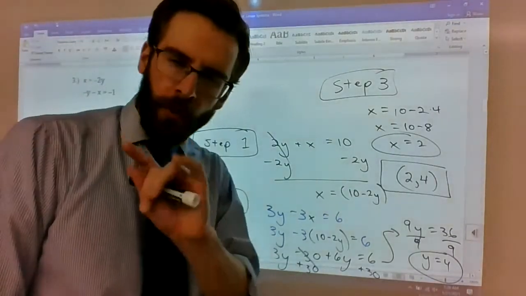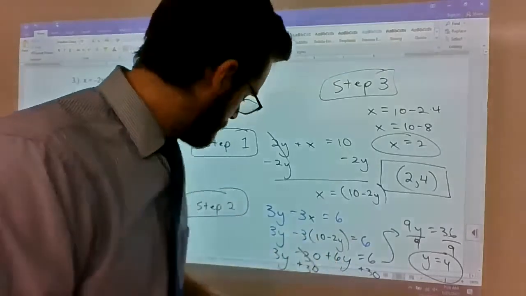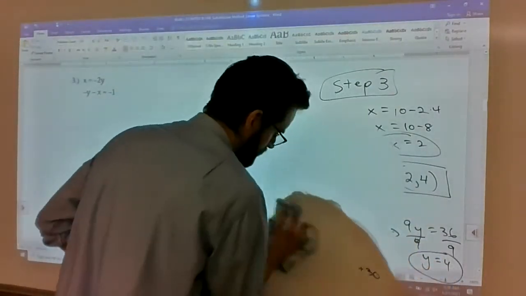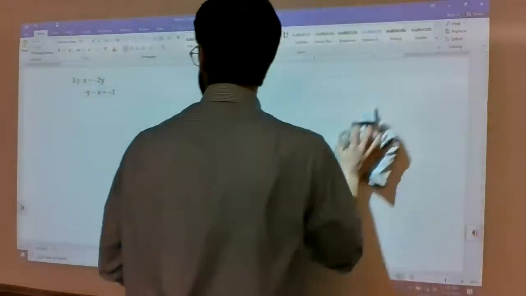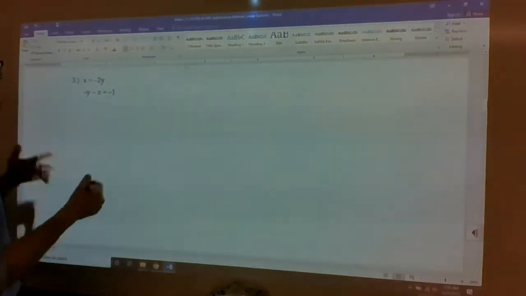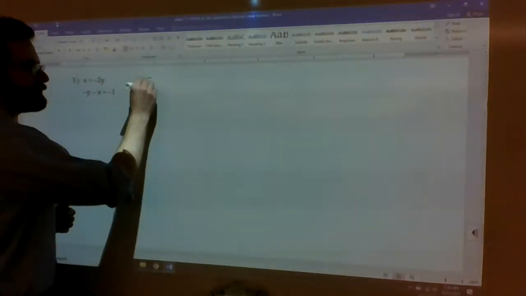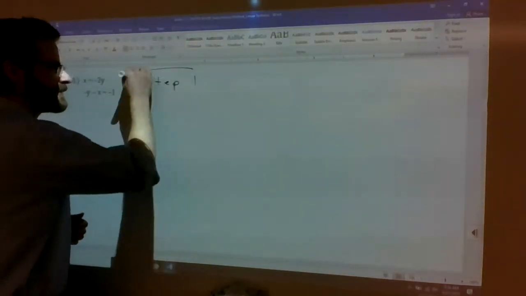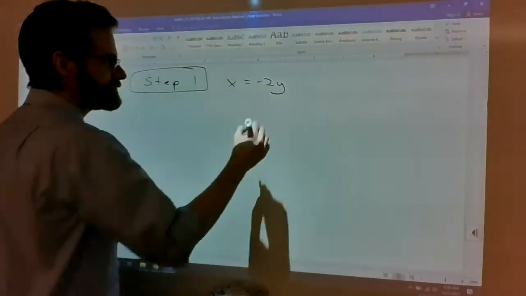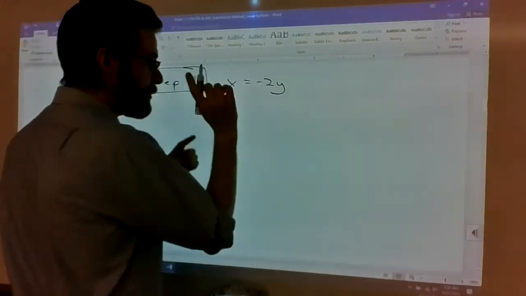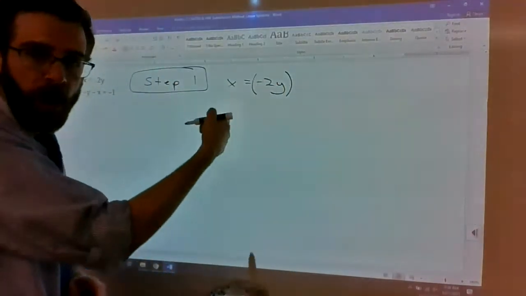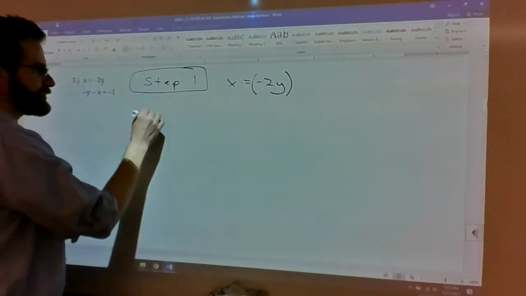All right, we got one more regular example, and then we're going to do a word problem. All right, there it is. Hey, step 1's done for us. I already got x by itself. Awesome. What that means is that I can just take x equals negative 2y and instantly plug it into our